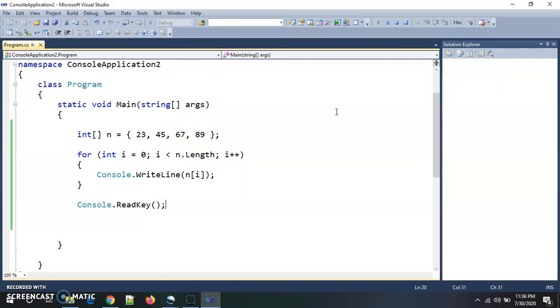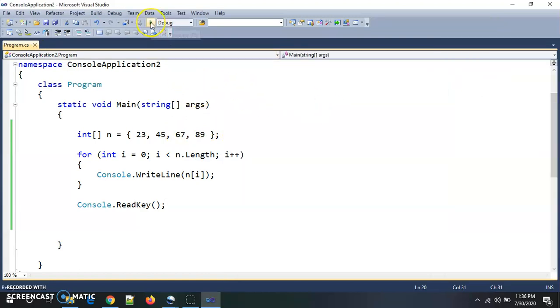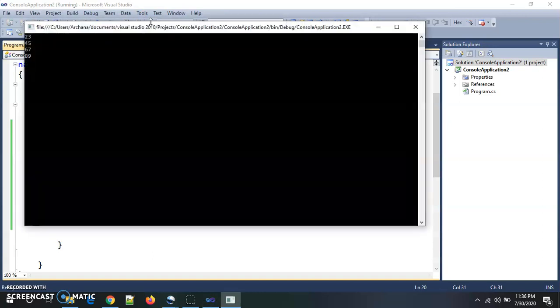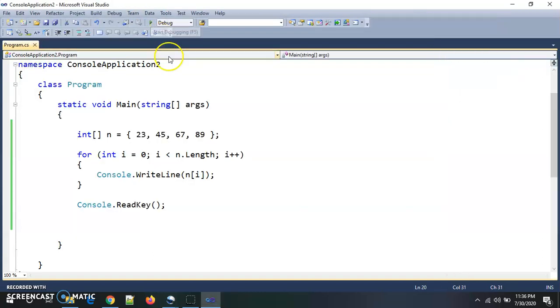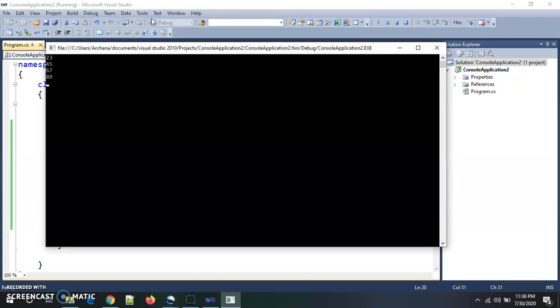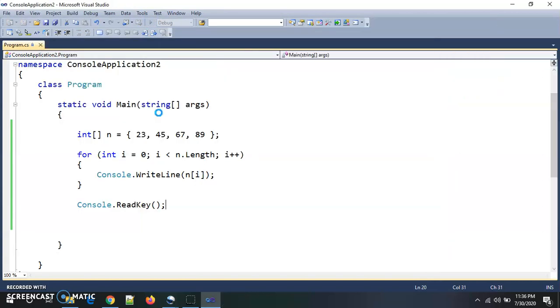Now if I run it a second time, there will not be any change in my output. If I run it a third time, again the same output will be there.